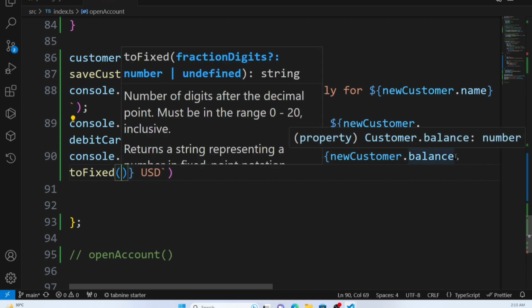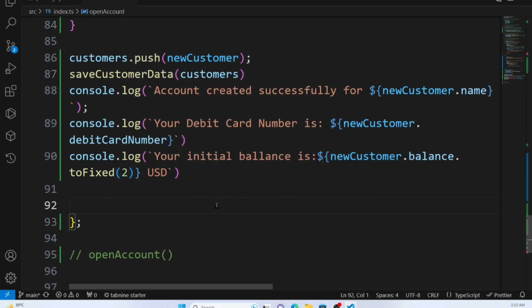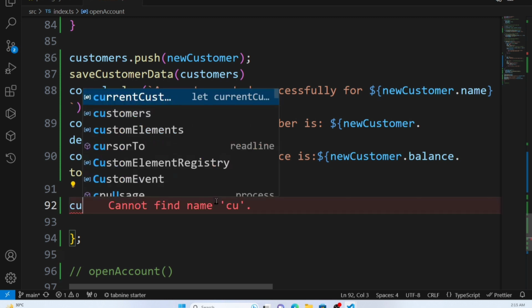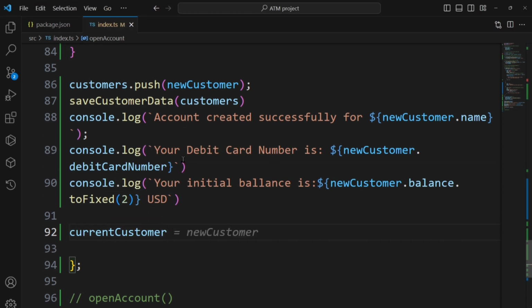Until two decimals. So we will put it here. This is also good, right? Here, what we can do is set current customer equal to new customer. So this customer will be assigned as a new customer because it has just opened an account,